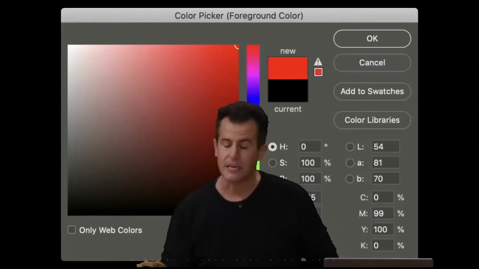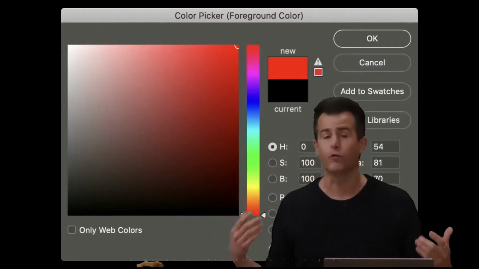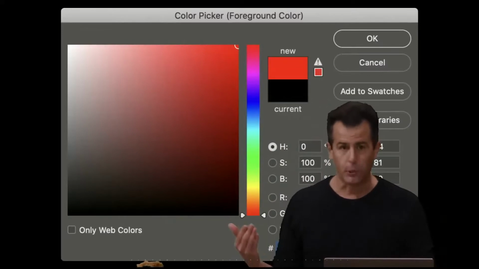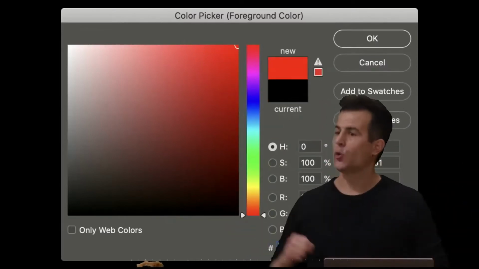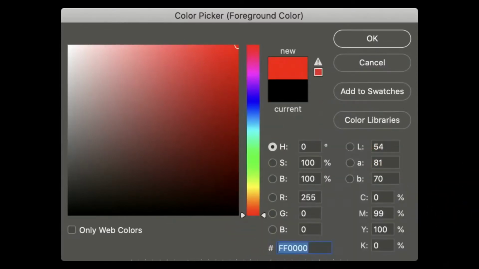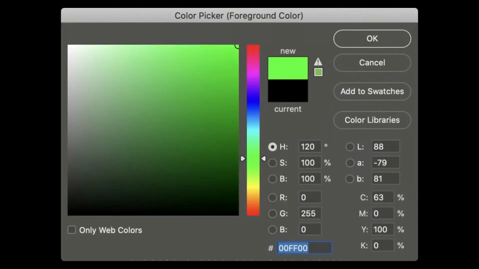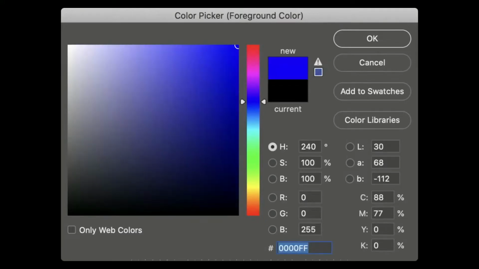For instance, if we use 255 of red, but 0 green and 0 blue, not surprisingly, the square at the top of the screen becomes, of course, red entirely, because it's all red and no green, no blue. If we change it instead to 255 for green, but 0 for red and blue, of course, we get green. And then lastly, if we crank up the blue, but leave red and green as 0, we, of course, get